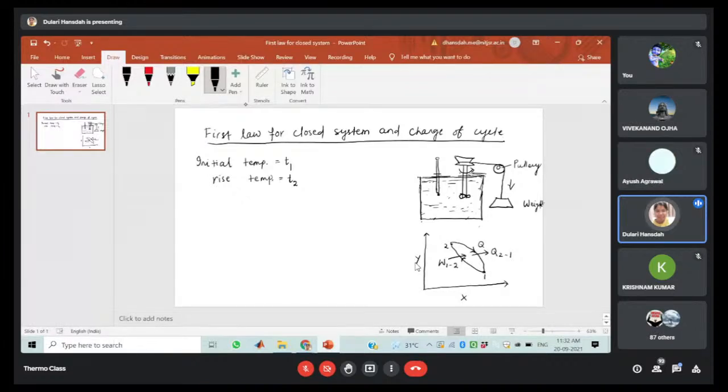अब देखिए, पहले जो मैं ड्राइंग की थी वो आपका एडियाबेटिक वेसल था, याद आया? So when we consider adiabatic and we are giving paddle wheel work, that work we are considering W12. So due to the work transfer there will be some temperature rise. We are considering that one is your T2.